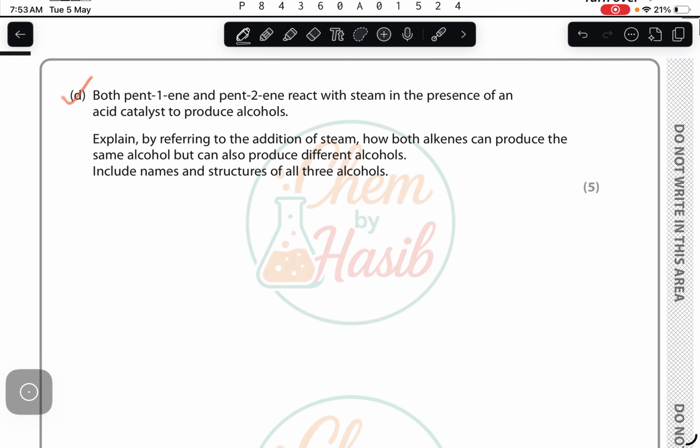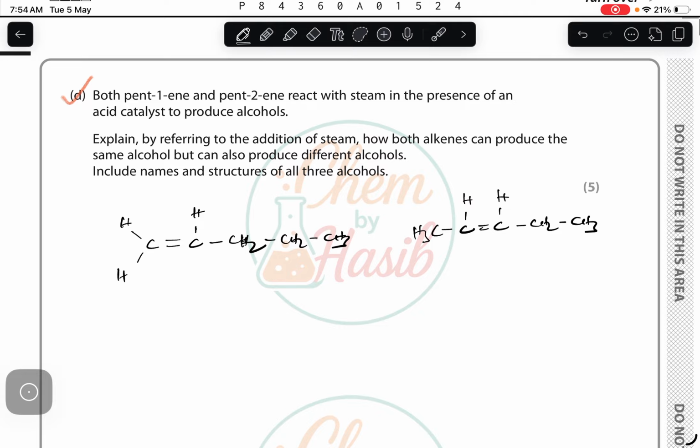So if I draw pent-1-ene for you, this is the structural formula of pent-1-ene. Let me draw pent-2-ene. Pent-2-ene is CH3, CH double bond CH, CH2, CH3. That's pent-2-ene. If you react steam with pent-1-ene,